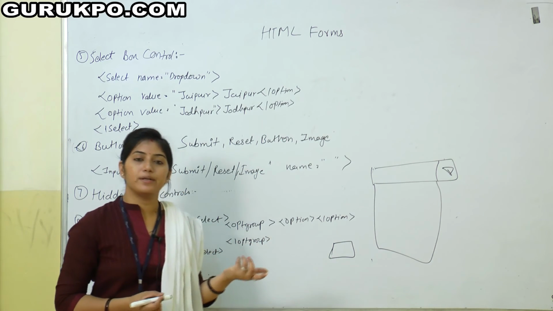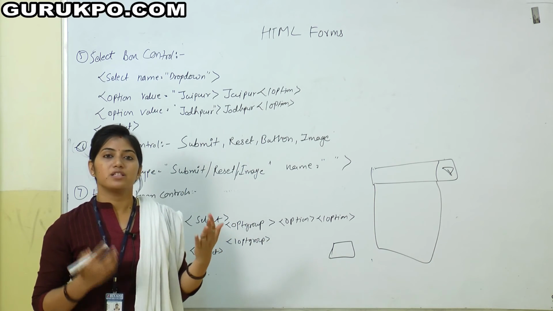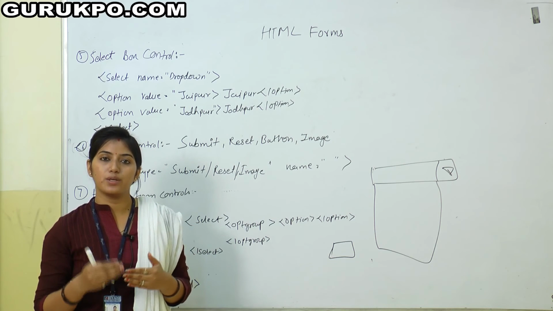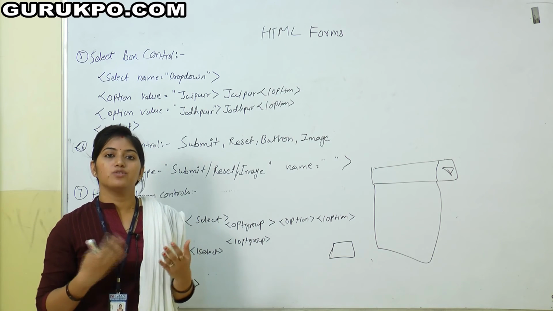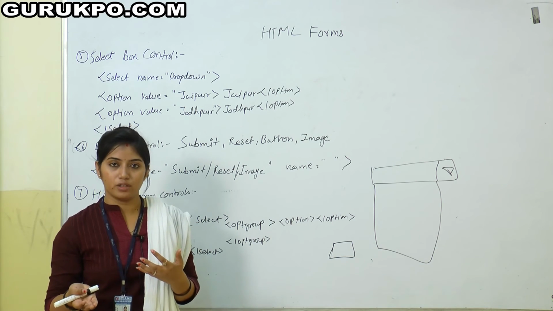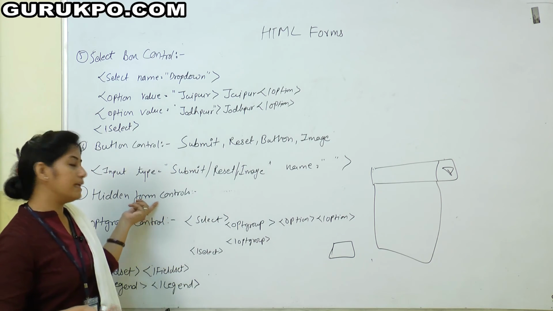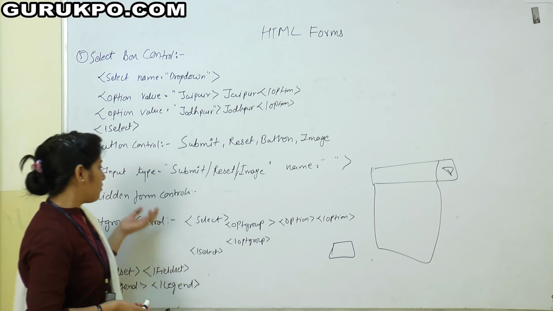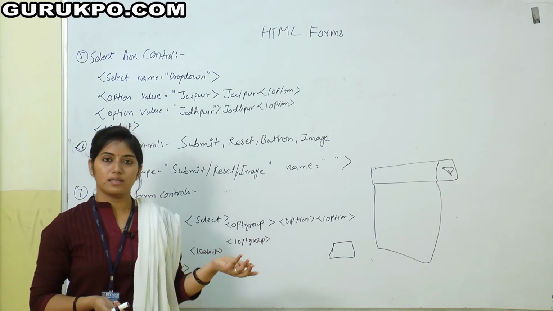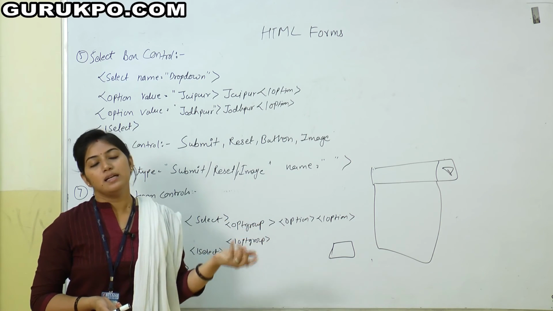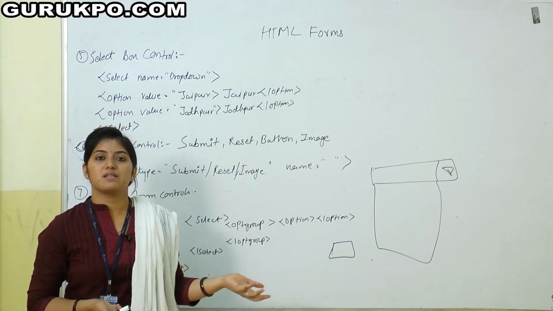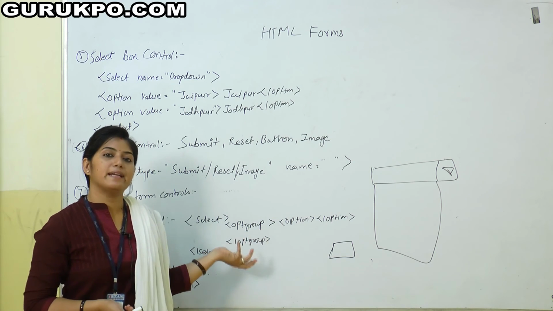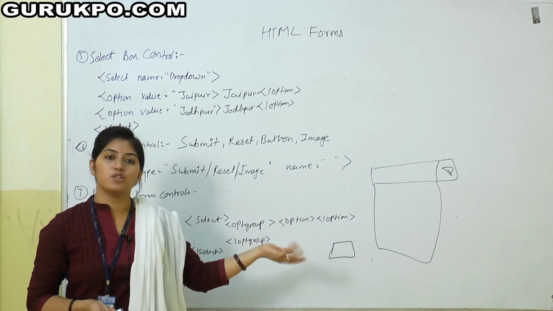The next one is the hidden form control. Hidden form controls are the controls which are used by the form to send values to the server which will not be displayed to the user. So values which will be sent to the server after the form is used are carried by the hidden form control, and it is not displayed to the user which values these are. For example, if you want to submit the page number, it will not be shown to the user which page number of the form it is. It will be directly submitted to the server without the knowledge of the user.